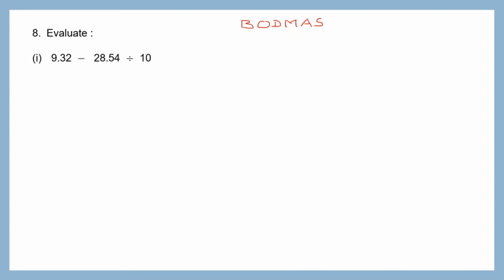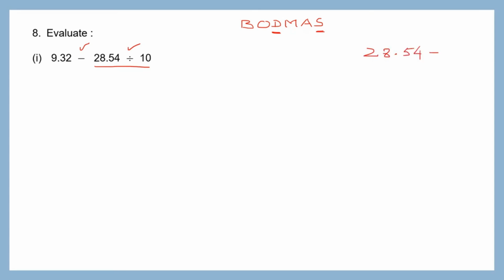Suppose your question has many operations. As you can see, this question has subtraction and it has division. Now, which one should you do first? According to BODMAS, B stands for brackets, O of, D division, M multiplication, A addition, and S subtraction. So here you can see division comes before subtraction. So I need to do division first. Okay, so when I do this division,